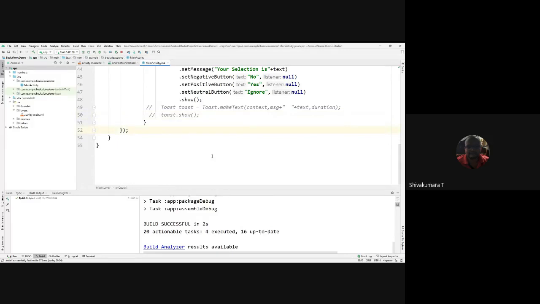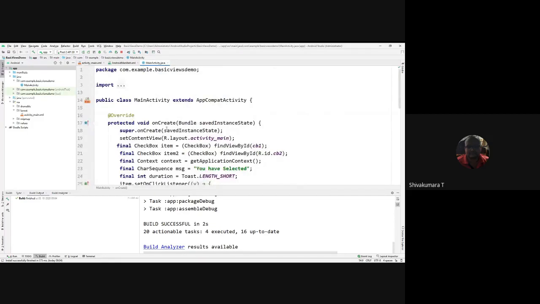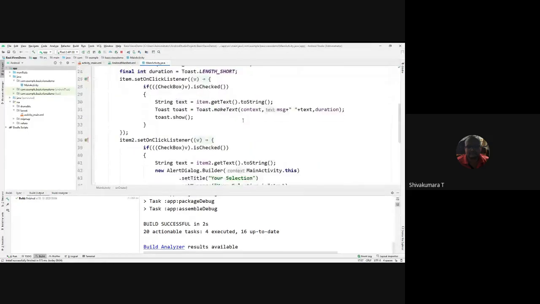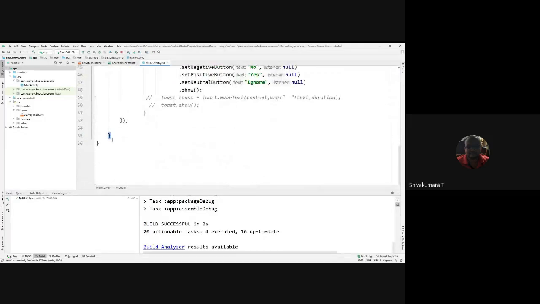Now, within the class of that application, within the onCreate Bundle method, you need to define it.